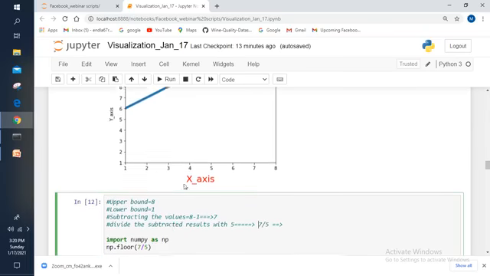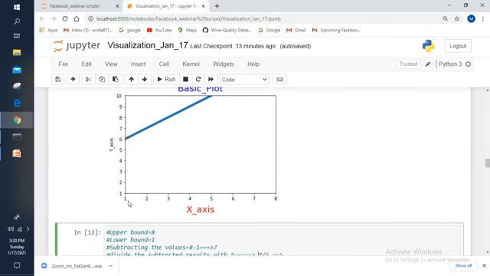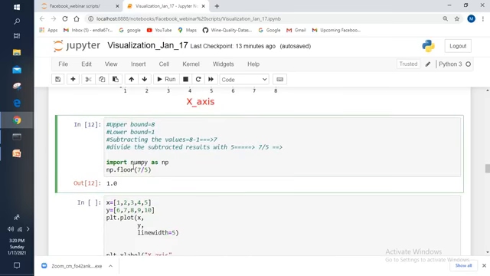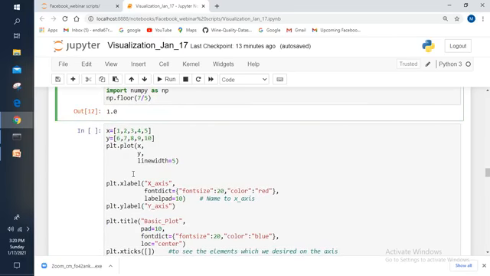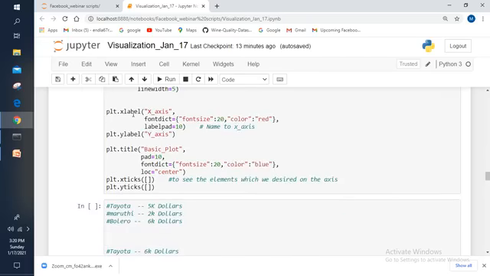Now, if you want to represent this plot without the values on the x-axis and the y-axis, then what will you do? You need to use two more functions. They are xticks and yticks. Whatever data I have taken previously, the same data I am taking and passing to the plot function, and the xlabel, ylabel and title also I have taken. Additionally, I am taking the xticks function and yticks function. Right.